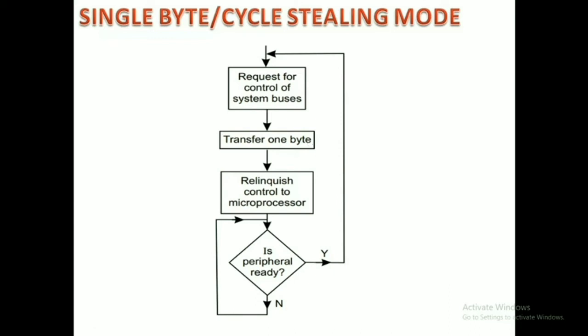So therefore in this method, the DMA controller transfers one word at a time, after which it must return control of the buses to the CPU. Hence you can see this type of DMA is slower than demand and block mode DMA. But here the CPU is not idle for a long period of time, as the DMA controller is giving control of the buses to the microprocessor after every byte transfer, and the CPU just uses one memory cycle for this data transfer. In the rest of the cycles, it can execute its instructions. Therefore, this method is called cycle stealing, as the CPU's one memory cycle has been used for transferring 1 byte of data.